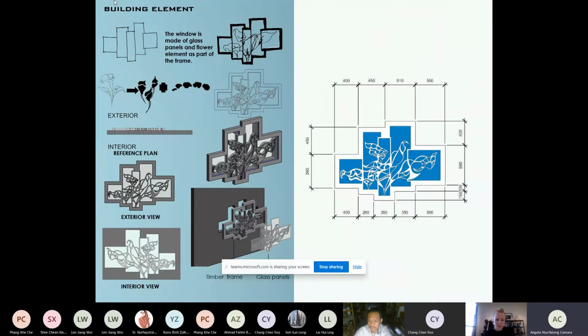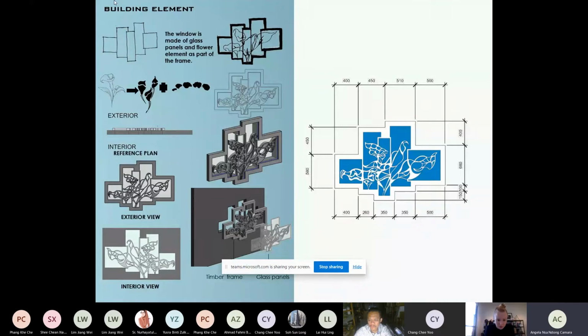So for my building element, I started with a shape that is kind of like a flash, made of glass panels on a frame. In this case, instead of mapping the flowers in the glass, I made the shape of the flower as a frame.